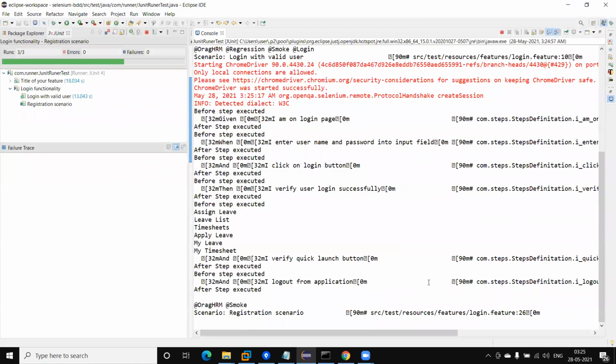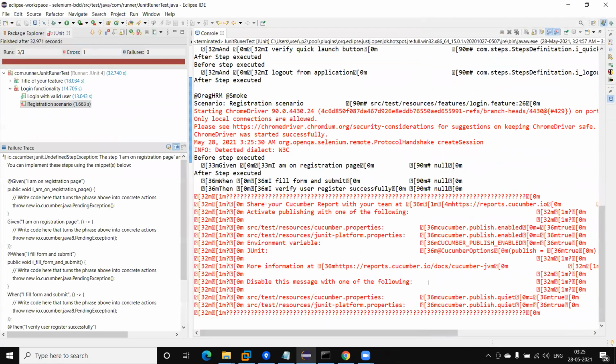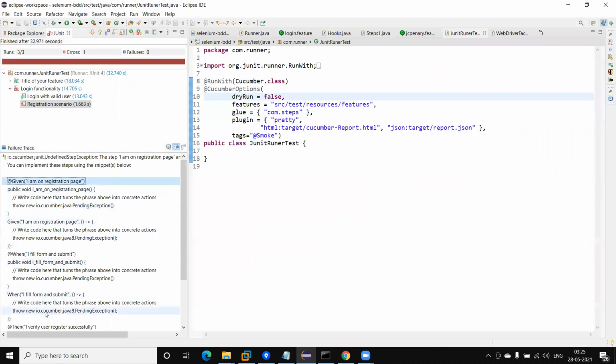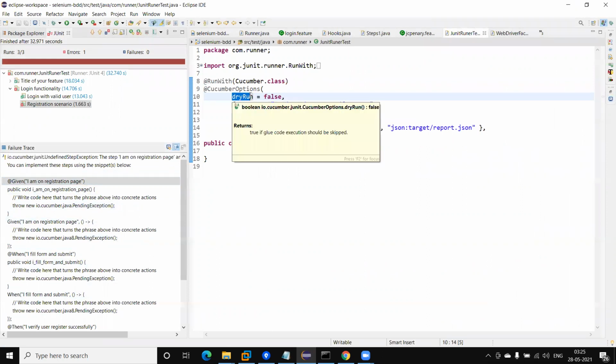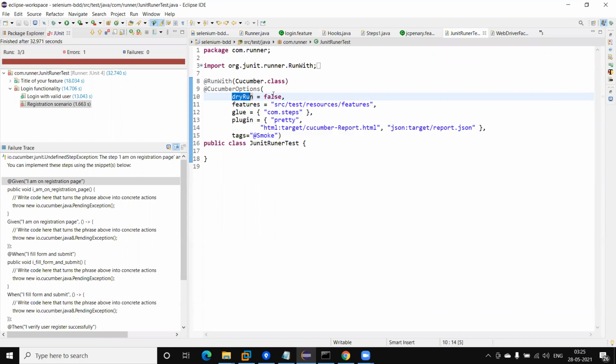It will throw the missing step definition error. Now you can see all the step definitions I can get here. So this is a very useful feature. When we run with dry run equal to true, this will compile the feature file as well as the step definition, and give us the missing step definitions. By default its value is false, and if you want to run dry run, mark this as true.